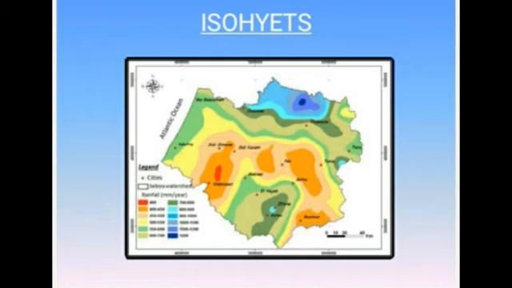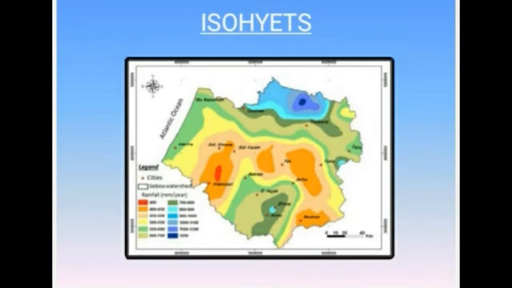Okay children, so these are about the weather instruments. So from the beginning, what all the things we saw in this lesson? We saw about meteorology, then we discussed about what are weather instruments, then we discussed about the different types of weather instruments like thermometer, barometer, anemometer, then wind vane, hygrometer, rain gauge, and last about isohyets. Okay, so these are all the instruments used to measure the elements of weather.